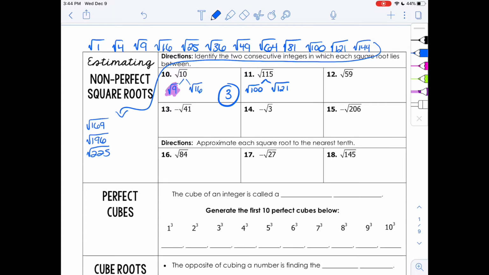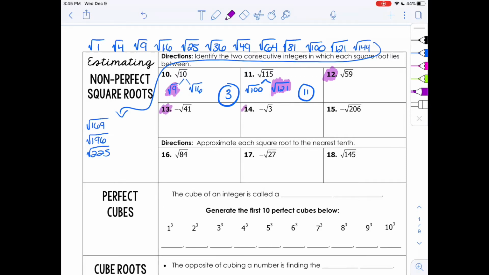Now, is 115 closer to 100, or is it closer to 121? Well, it's going to be closer to 121. And the square root of 121 is 11. Then again, if you put the square root of 115 into your calculator and round it to the nearest whole number, you get 11. Go ahead and highlight number 12,